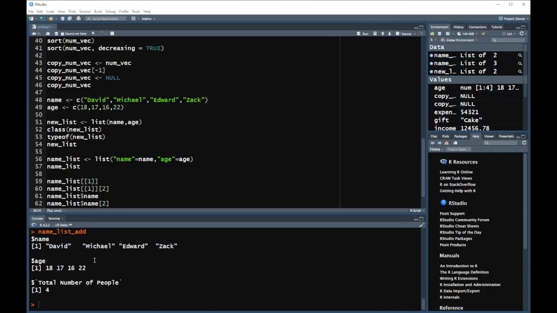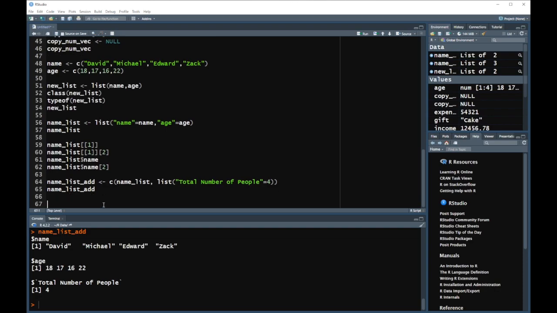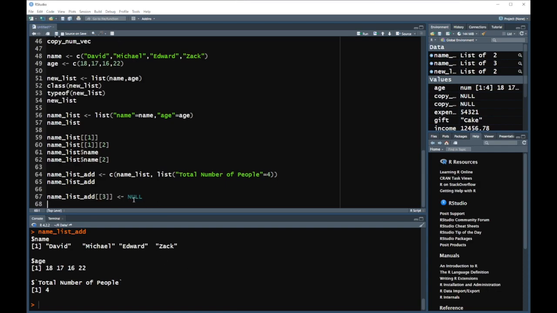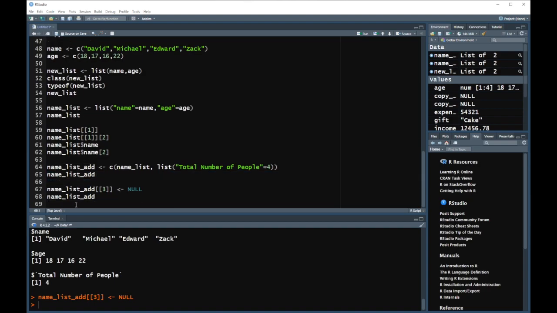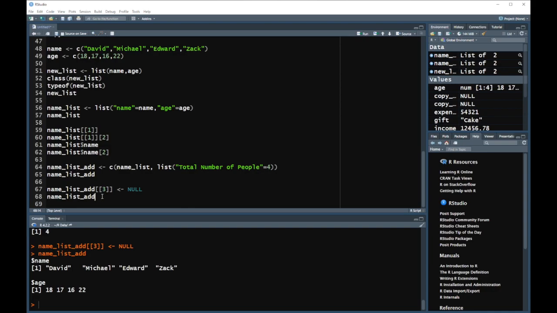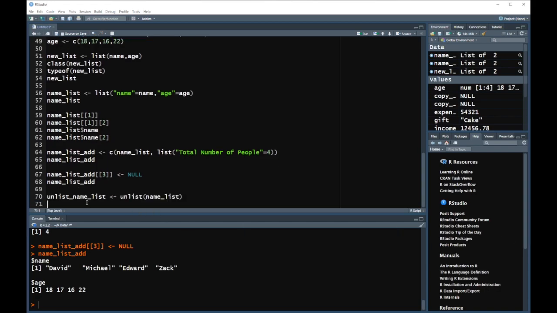So now we have the name, the age, and the total number of people. There are various operations that we can apply to the list. For example, we can also get rid of the entire vector by assigning a null value to the specific location. In that way, we will just keep the first two vectors. And we can also convert a list back to vectors. We can use the unlist command,